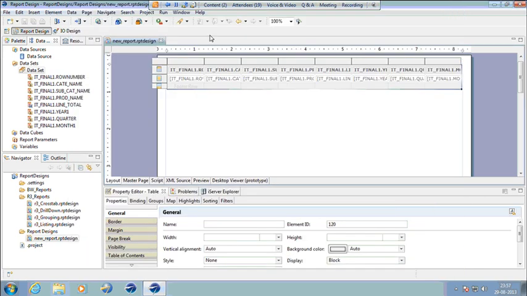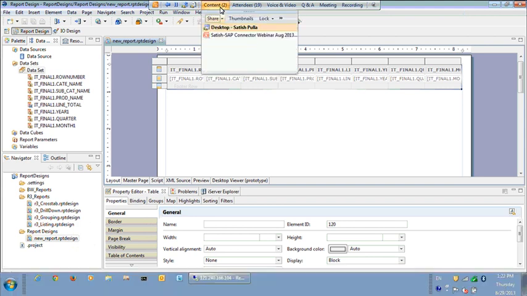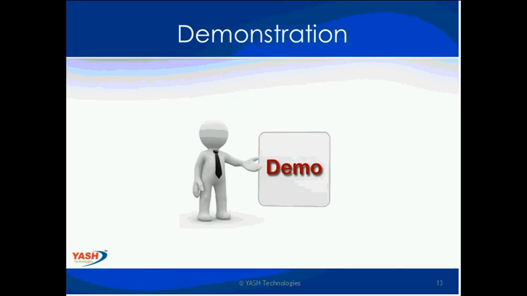So that is how we create queries in SAP ECC system. So going back to the presentation,